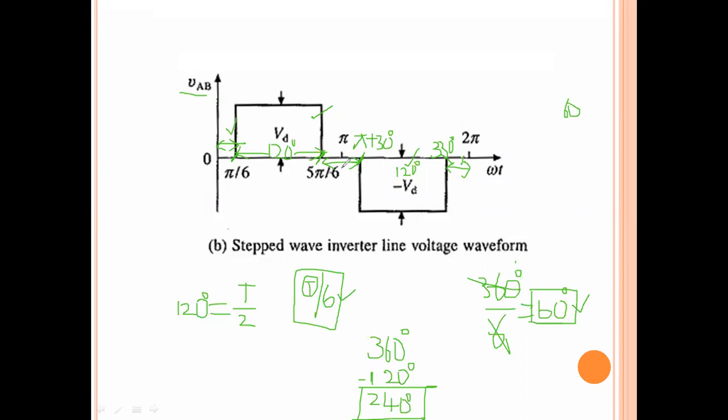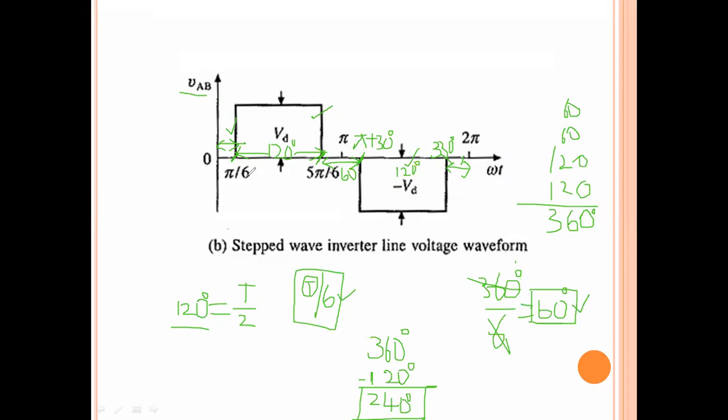And in between the two square pulses will be a 60 degree. So that means 60 plus 60. And we have got two square pulses, each time period will be 120 degree. So that means 120 plus 120. So the total of 60, 60, 120, 120, that is 360 degrees. So a 360 degree time period, which means a full cycle time period will be divided like this.